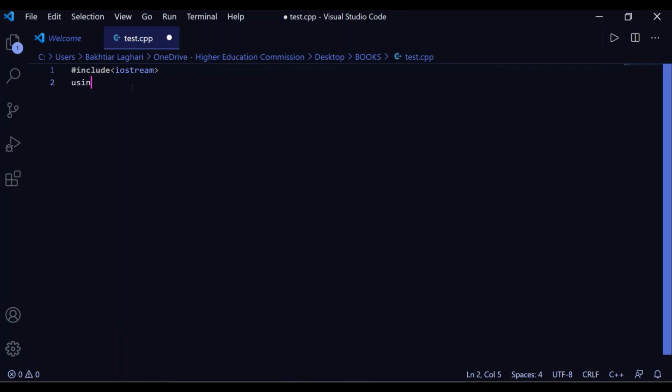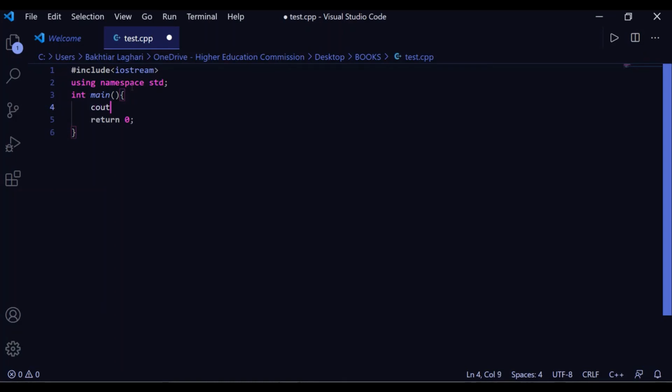Then you write using namespace std and semicolon. Semicolon is used in C++ to mark the end of the statement, and it is very important that you do that. Then comes the main function, int main curly brackets, return 0. This will be at the end of the function.